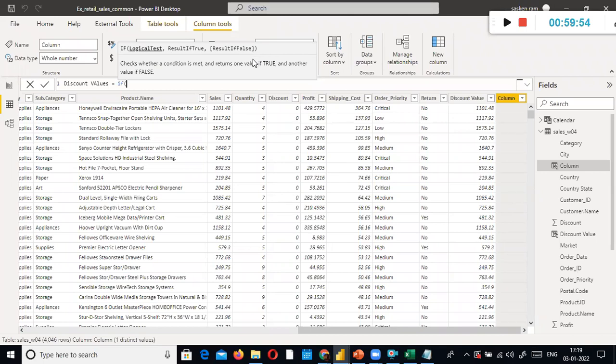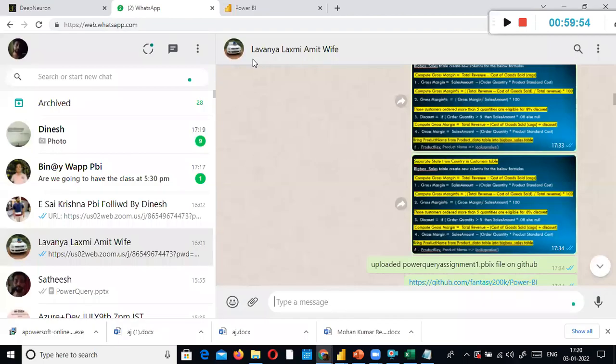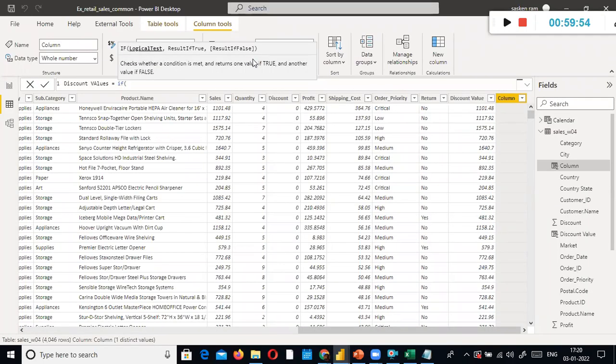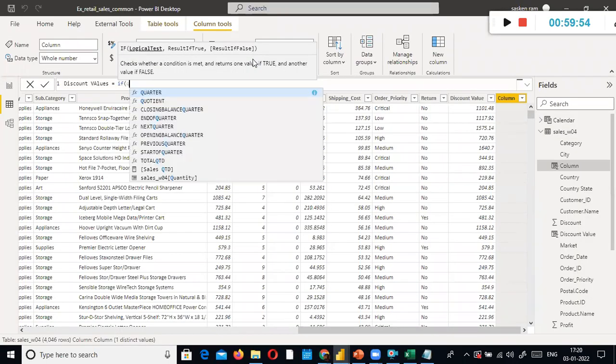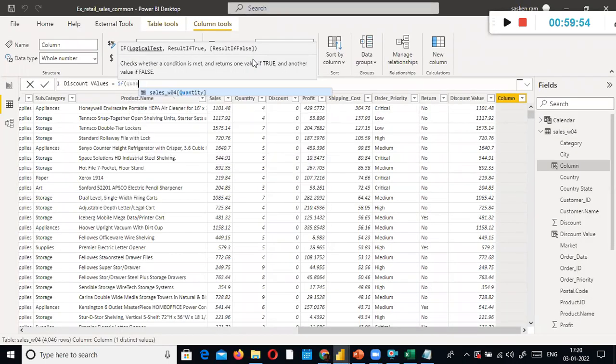Otherwise, simply put the same sales amount, no discount. For example, I just show here the IF condition, total revenue, right? So here, one second, here order quantity, right? In my case, it is not order quantity, it is quantity. Look here, quantity. If you type QUAN, it automatically displays the column name along with the table name.